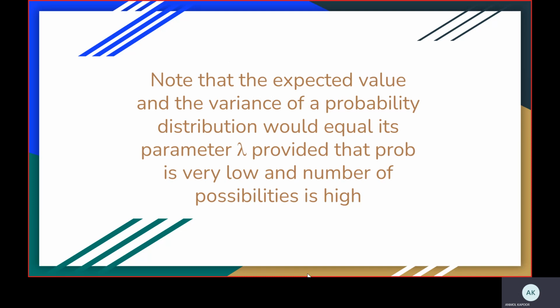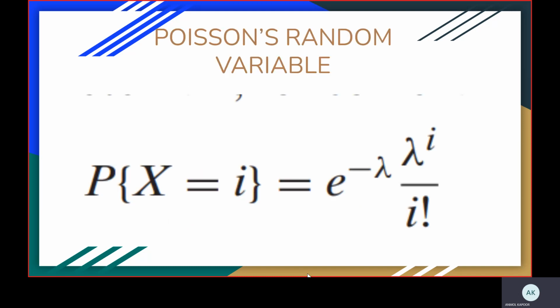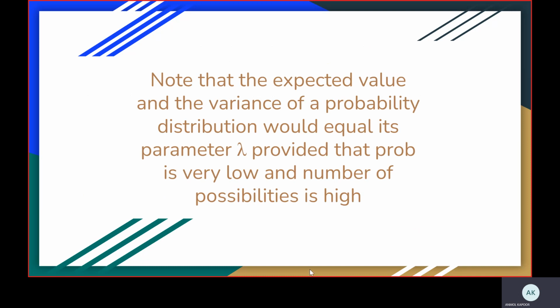Also, the expected value or the variance of a probability distribution would be equal to parameter lambda of this Poisson random variable. And if we want the Poisson random variable to be in justification with Bernoulli's, then lambda has to be equal to n into p. The proof can be seen in Ross' book. And therefore, if n is tending towards infinity, then p should tend towards 0 for having lambda to be a